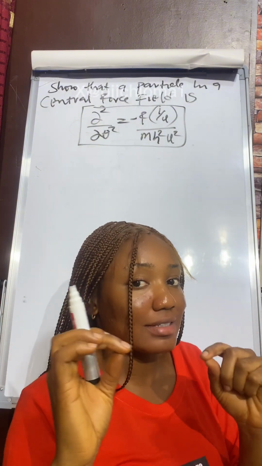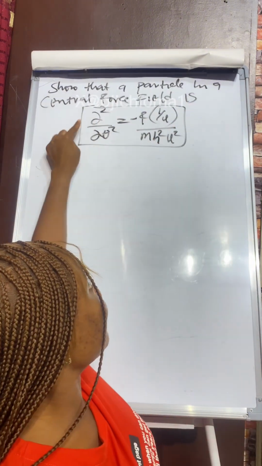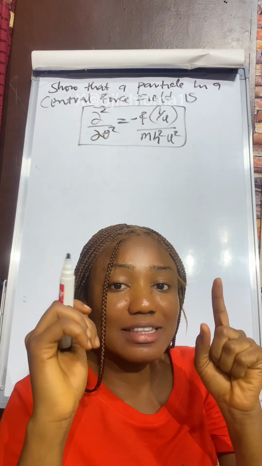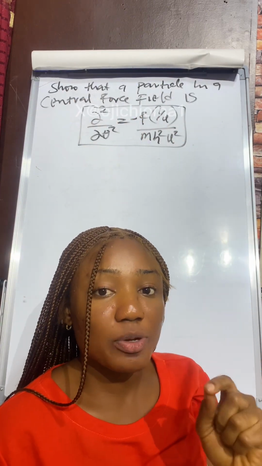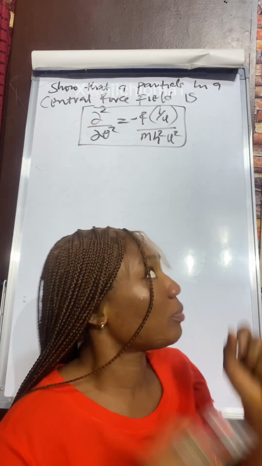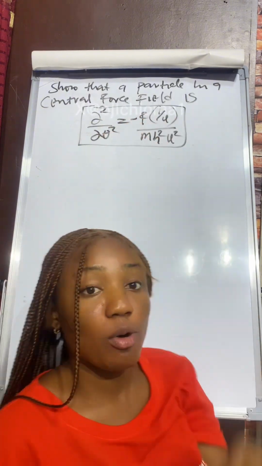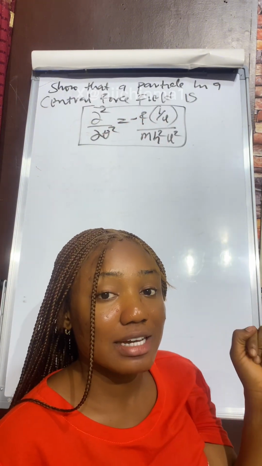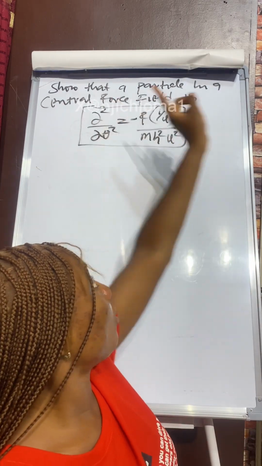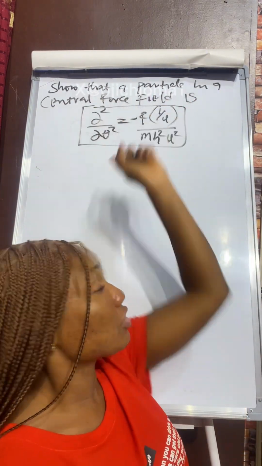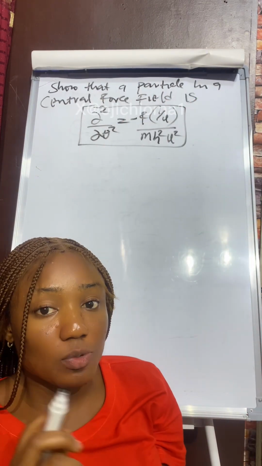here is not correct. And the reason for that is that there cannot be a second derivative of anything with respect to no function. It has to be with respect to a function, and I'm going to prove it to you by converting this, which is in polar coordinates, into Cartesian coordinates, then back to polar coordinates, so that you see this equation is not complete and this equation is wrong. So the right form of this equation is